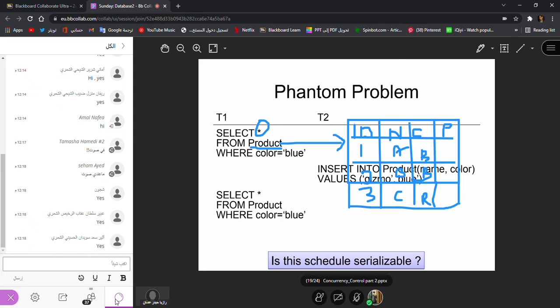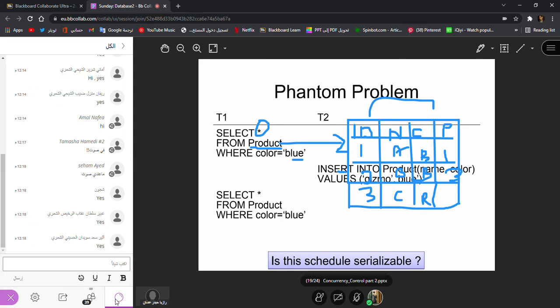So the meaning of this, select all from the product where color is blue: all means select all these 4 fields, related to the columns, and then you have to check for the rows. Wherever you find the color blue, choose those rows. So it will choose this one and this one because the color is blue, not the red one. So the answer will be these 2 rows, A and B, with price 1 and price 3, whatever the price. So it will give you these 2 complete rows.